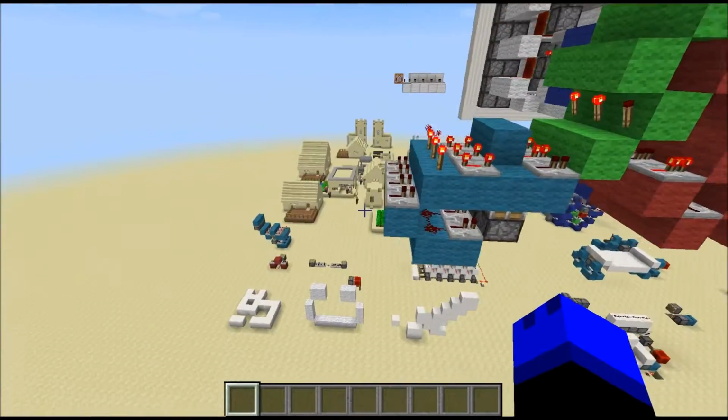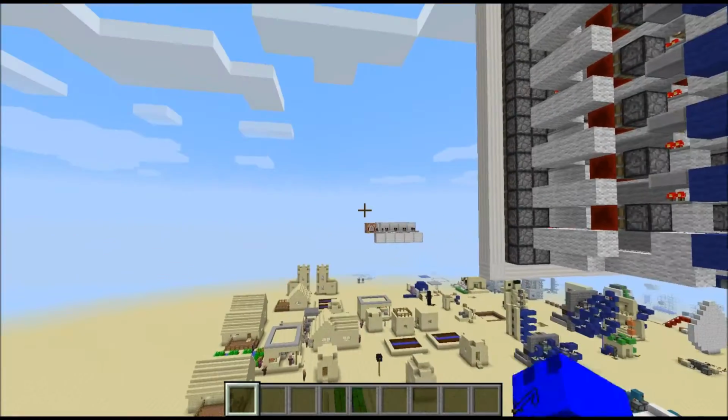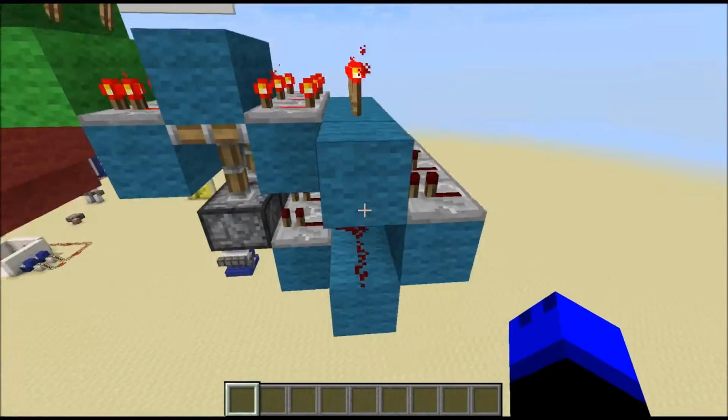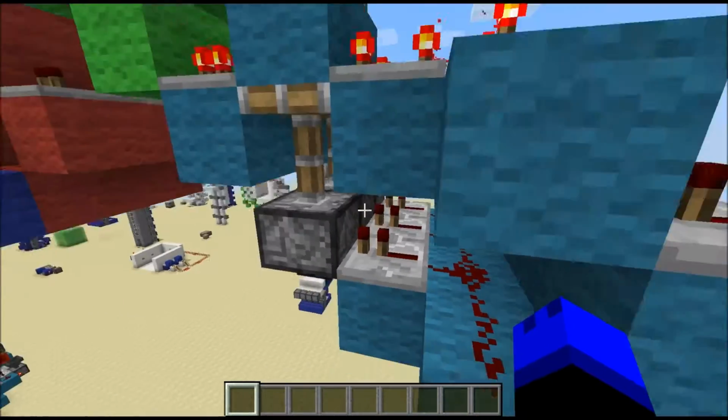And that's basically the input circuit, and those command blocks are basically just placing redstone blocks beneath these repeaters, and the reset just works by powering all of these redstone